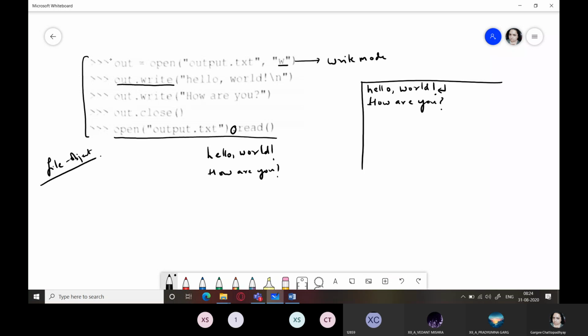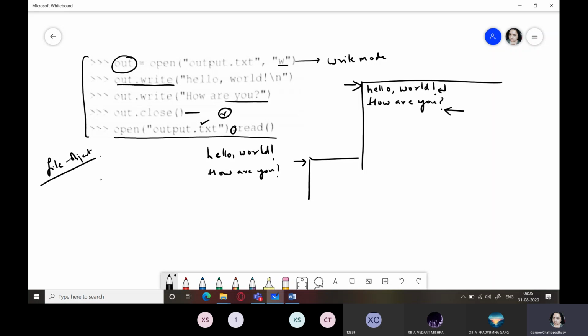When you open the file in the write mode, the file is completely empty and the pointer is set at the beginning of the file. By the time you have written the last statement, the file pointer has been set to the last statement and file is closed. That is, all the content is saved, and the association with this out file handle is broken. Now, when again you are opening the file, by default it is taking which mode? Read mode. So when it is opened in the read mode, students, your file pointer is set at the beginning of the file.